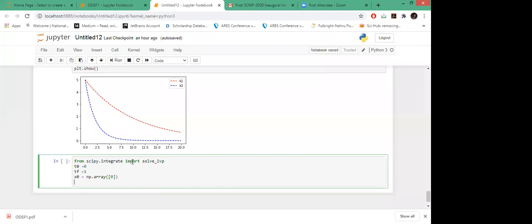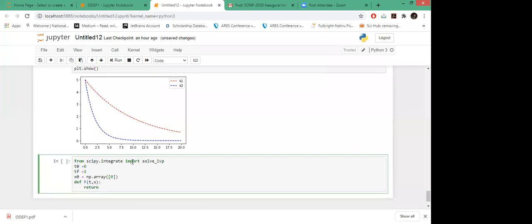Then you define your function. Suppose your function is, you just have to pass t and y and return, so your function is t square.